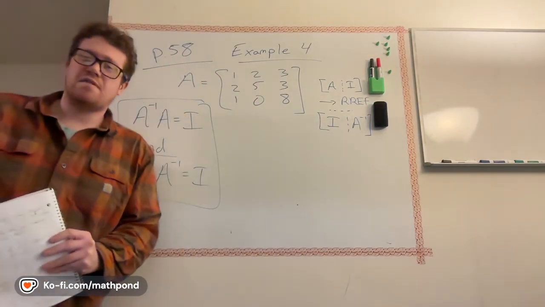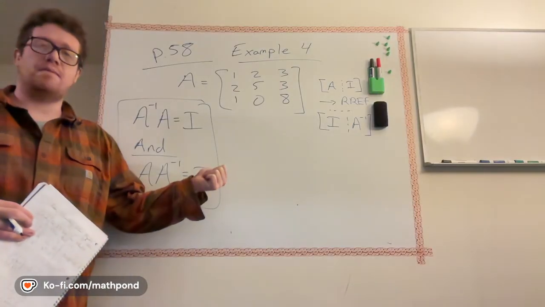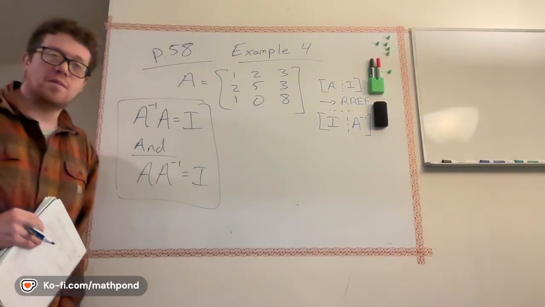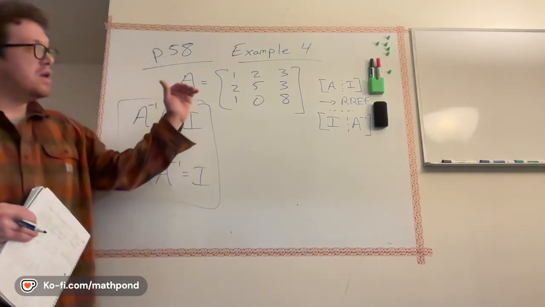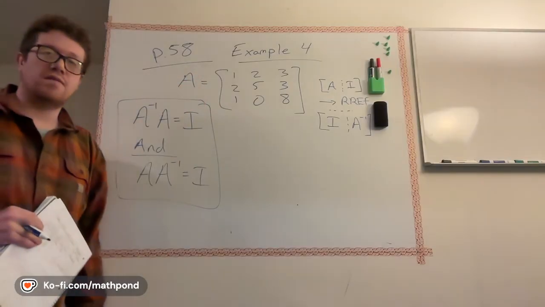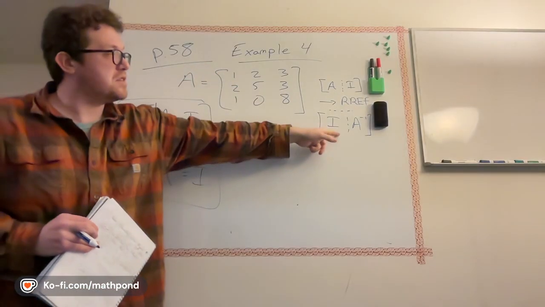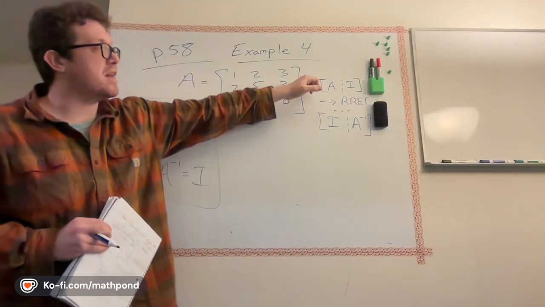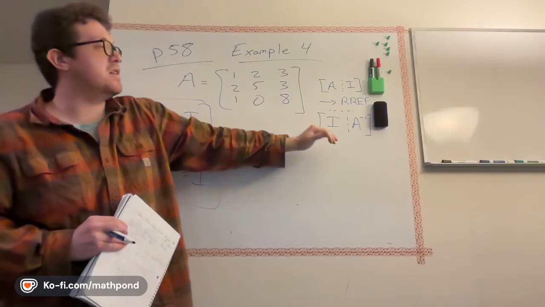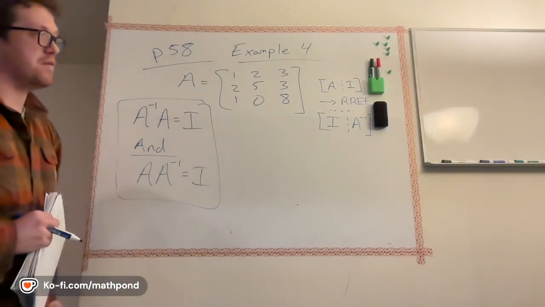But that's just a fancy language for saying we're going to perform row operations. So basically the same process we just used for the determinant in the last problem, where we're creating zeros by adding or subtracting some multiple of a row to another row. We're going to do the same thing here, but with an augmented setup where we have A on the left, identity on the right, and then we perform operations till the left side becomes the identity and the right side, you can prove, is the inverse.